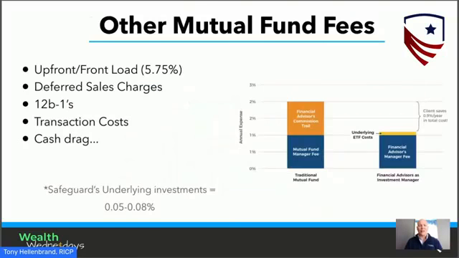But moving on a little bit, mutual funds don't have to disclose all of the fees inside the fund, which gets pretty interesting. If I was going to summarize the biggest difference between a mutual fund and an ETF, if you go buy a mutual fund, you generally have to pay a load up front. You have to pay some kind of setup charge. Those generally hover around 5.75%. Some are a little lower, some are a little higher. But then there's also things like deferred sales charges, 12B1s, a bunch of different other types of fees that go to the advisor. And then there's also transaction costs.